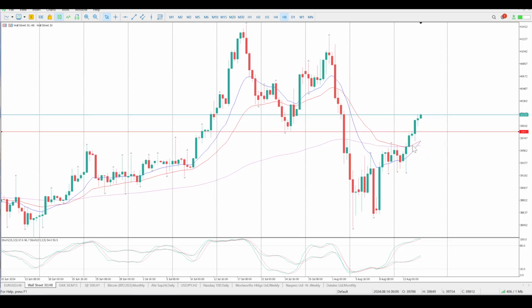Now you have a crossover of all the moving averages underway on the 8-hour, but we've also broken some structure, which is this diagonal here. So you would expect a retest of this area, so specifically where it intersects here. Oscillators are lining up for that scenario as well. Next upside resistance area is up here. There's a bit of a gap there as well, and that is at